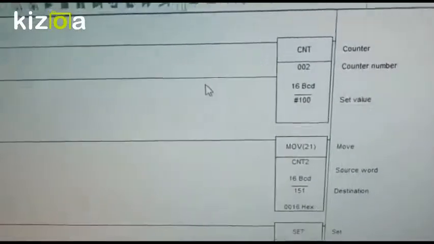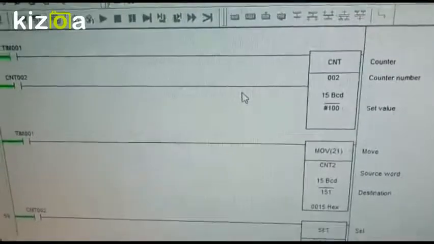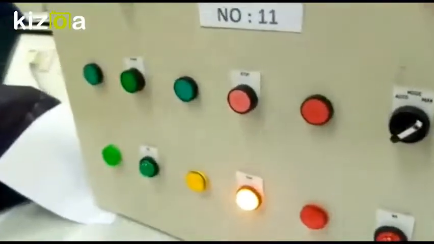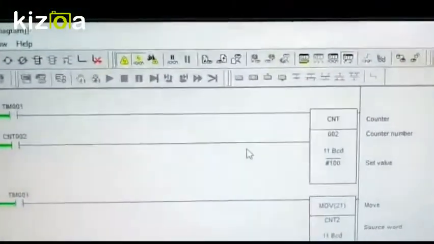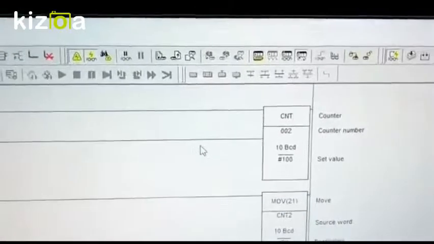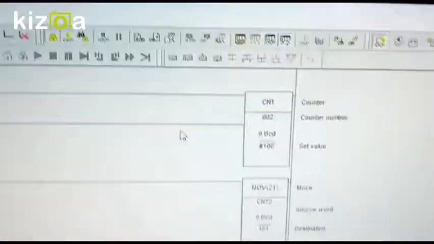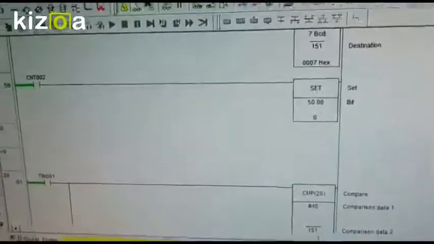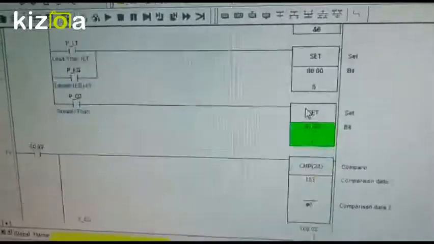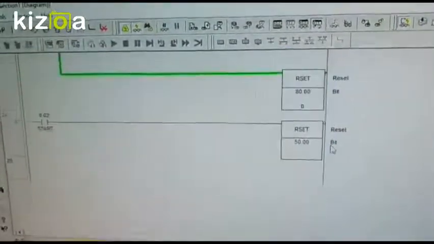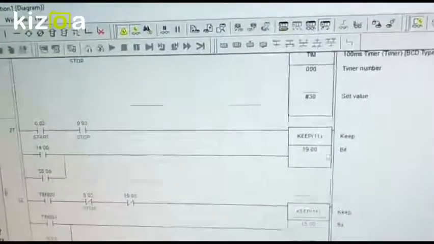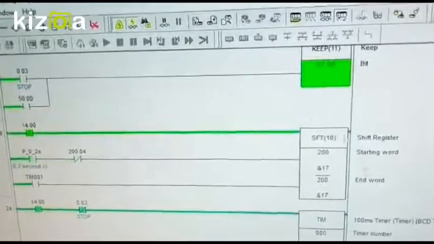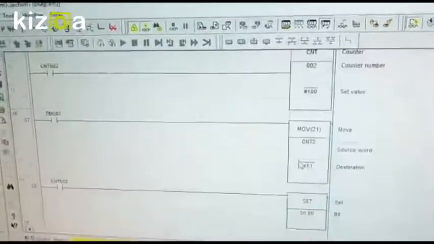We still need another 15 cones to be filled until we reach the 100 cones, our desired amount of ice cream. While waiting for it, why don't we scroll again? There is move, compare, set, which is a holding circuit, compare, set, reset. We also use a timer and shift register. That's all.